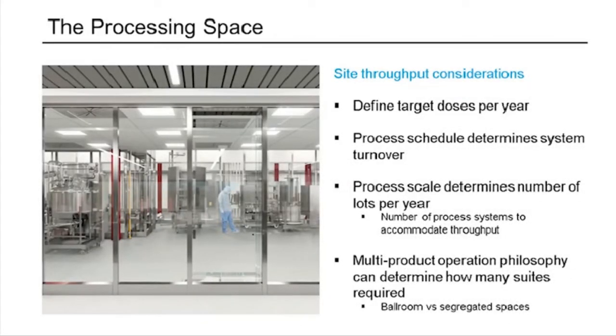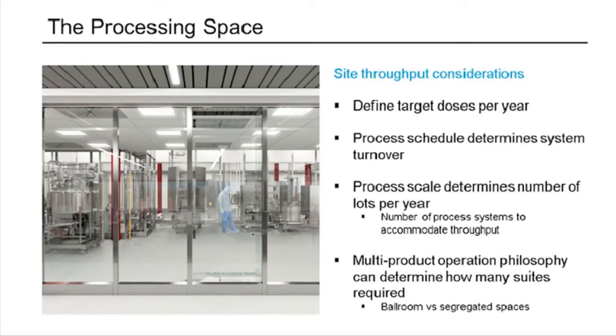And so talking about site throughput, the way that we usually approach the design of your facility in terms of throughput and accommodating that throughput starts with defining the target number of prepared doses per year. And so when I say doses, for an allogeneic bulk process, this would match your annual production demands, right? You might have a forecast for how much product you think you need every year. This would be that amount. And then for autologous or donor-matched allogeneic therapies, this would be the number of patients per year that you're anticipating being able